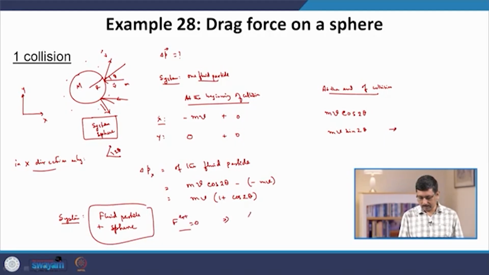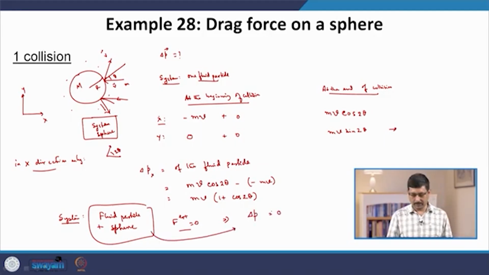That means this delta p of this system in this time interval must be 0. That means the change in momentum of the sphere must be opposite of this change in momentum of the fluid particle, which is